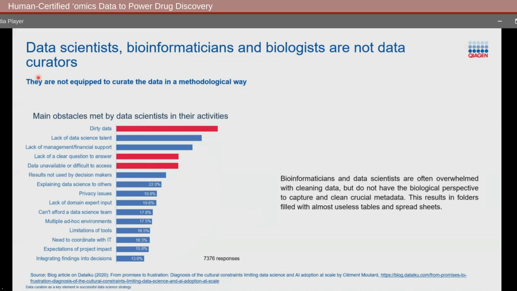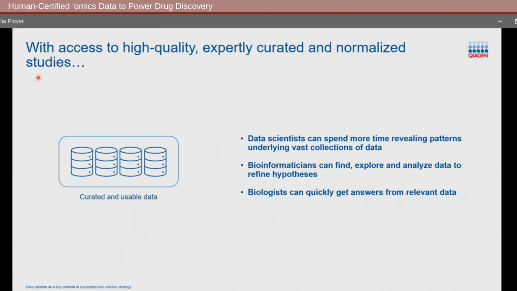Now, what if data scientists could skip over the time-consuming data retrieval and curation tasks and spend more time on data science? With access to highly clean, consistent data, data scientists can skip over the time-consuming tasks of cleaning data and avoid the pitfalls of poorly cleaned metadata and get right to the task of hunting for patterns across the data. These same data can be used as a repository to pull individual data sets, discoverable by biomarker signatures or by metadata fields with clean definitions and ontologies.